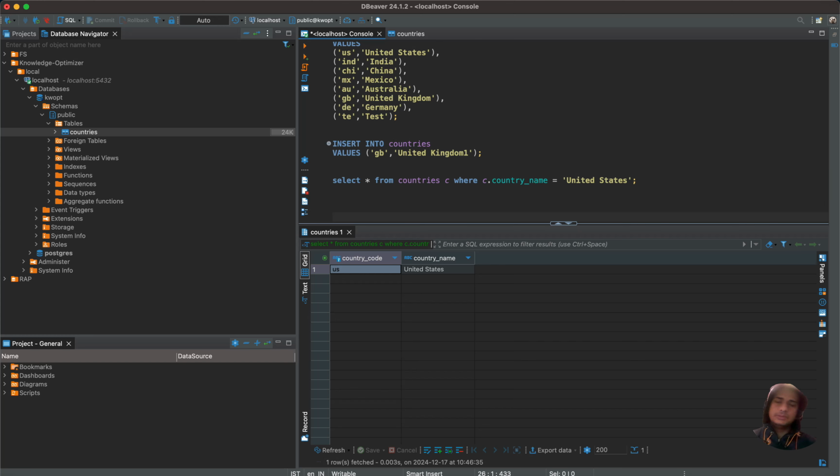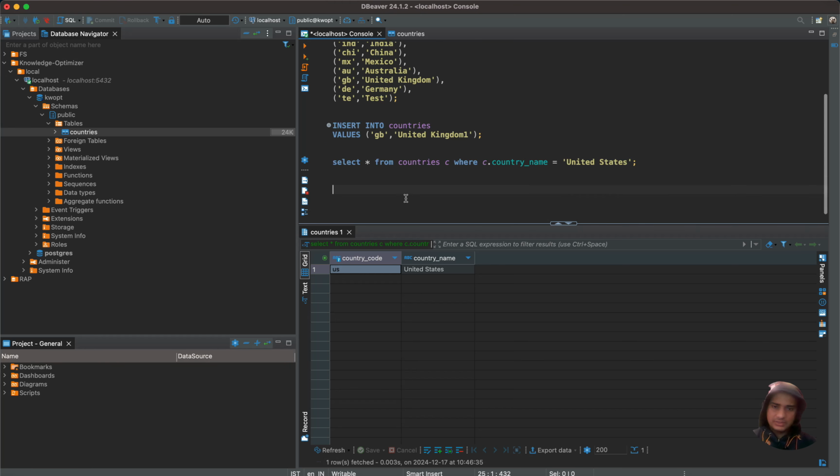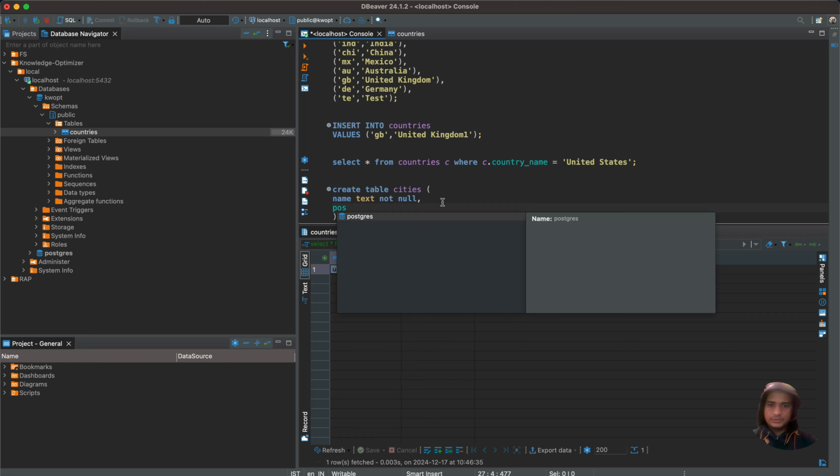Now let's jump in and add another table, because you want to see how join works and everything. So let's create another table. We are going to create a cities table. Okay, create table cities. Then we can provide different names, like text. I was telling you how we can specify whether it has to be a not null value or not. So here's how we can provide it. Then postal code,